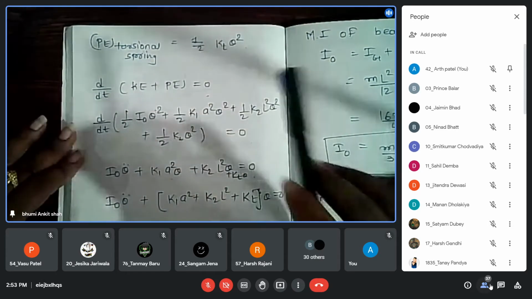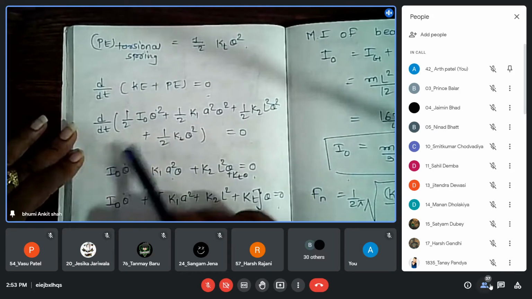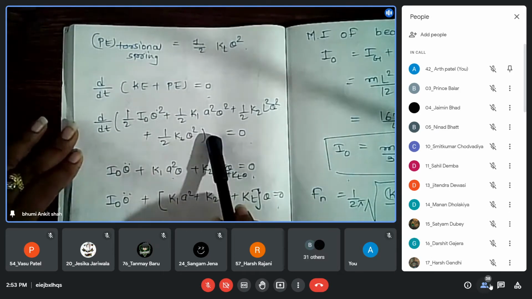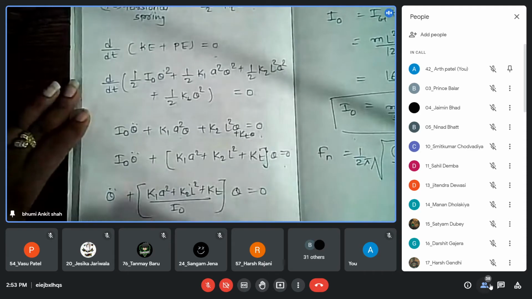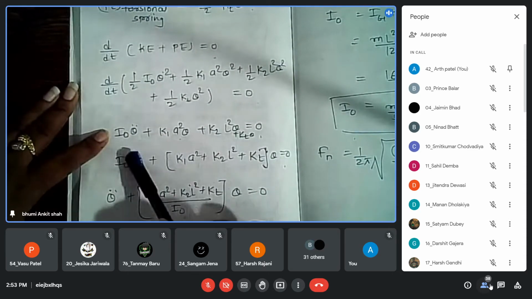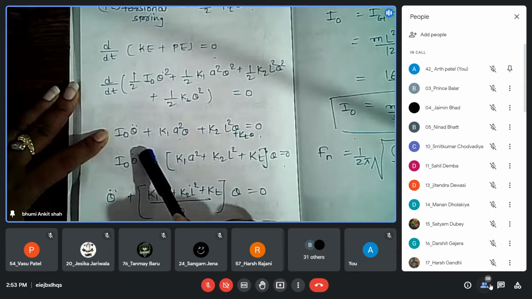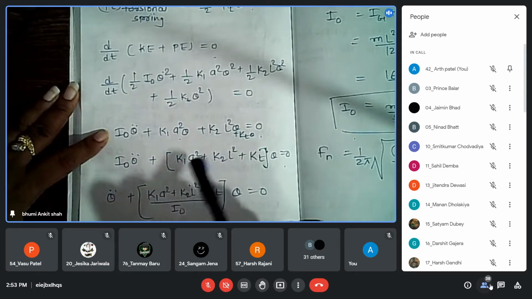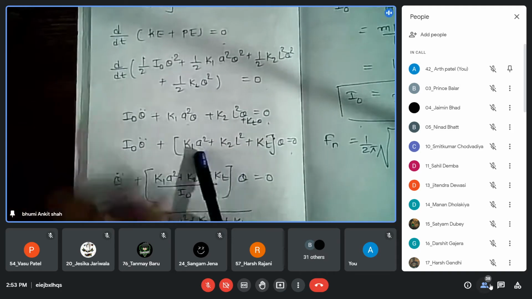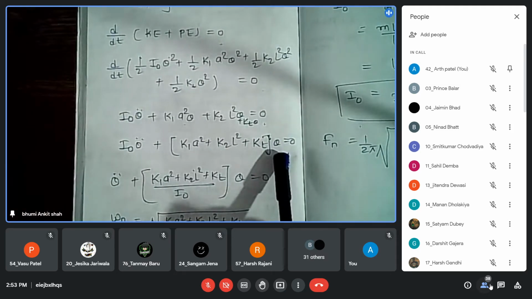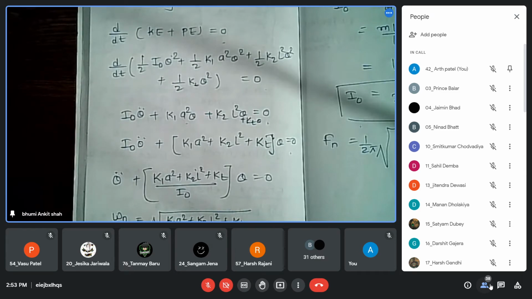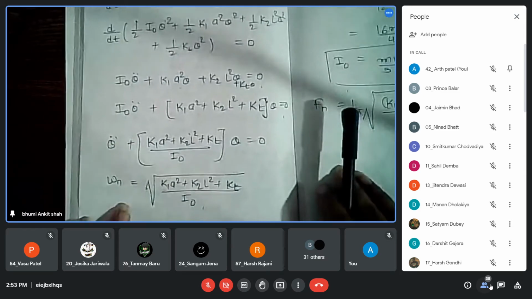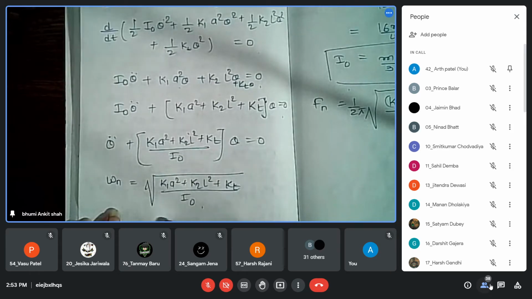So now we have all the energies, 1 kinetic energy and 3 potential energy. So put all the energies equation over here and differentiate with respect to time and equate it to 0. Now after differentiating you will get this. Now what is our standard form? थीटा डबल डॉट प्लस सम पैरामीटर इंटू थीटा. So I have converted, इसको मैंने कॉमन ले लिया और थीटा को बाहर निकाल दिया, राइट? और I को नीचे उतारा तो ये जो हमारा हो गया, what is this? This is omega n square. Clear? This is omega n square. So you can write omega n equal to this value.